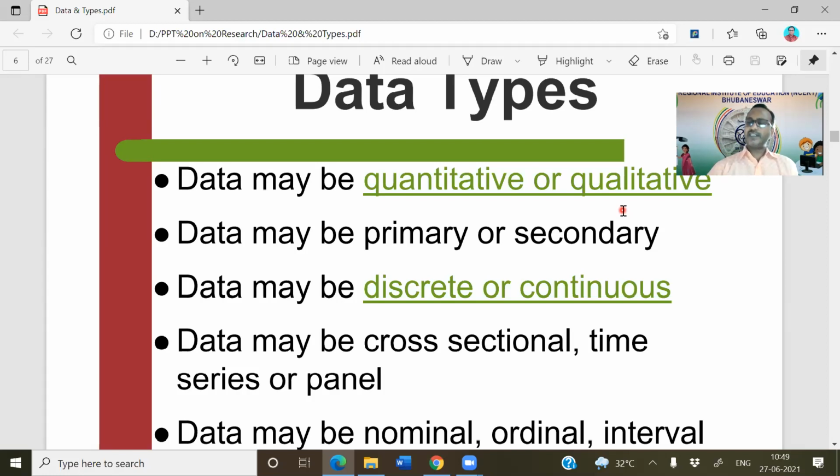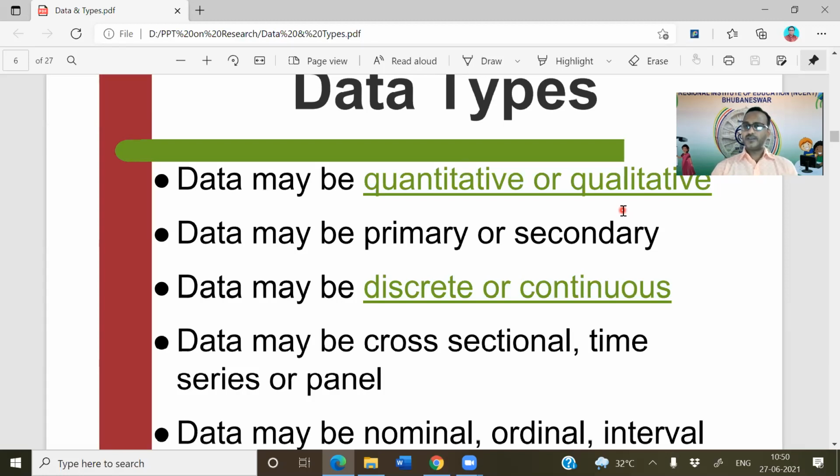Again, data can be discrete and continuous. Continuous data, for example, a student's mark can be 30.5, 25.5. That is a continuous data. The quantitative data sometimes is continuous, sometimes it is discrete. Data can be continuous in nature,